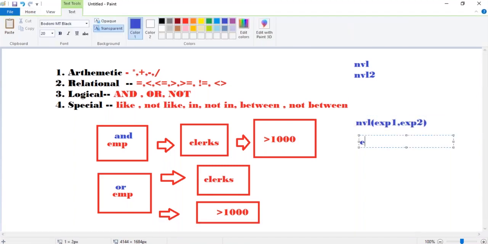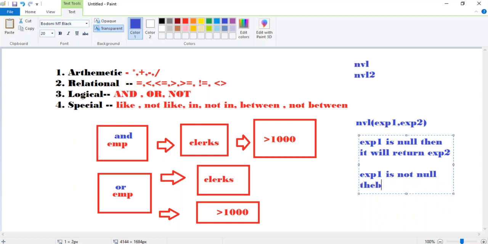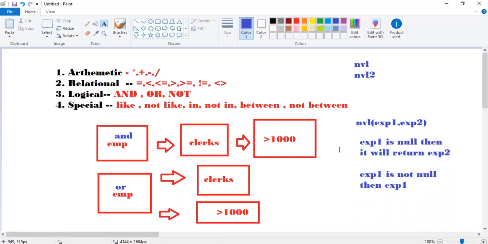That means when expression 1 is null, then it will return expression 2. When expression 1 is not null, then expression 1 only it will return.